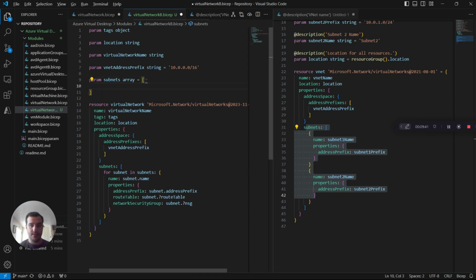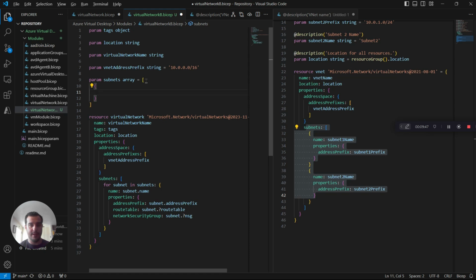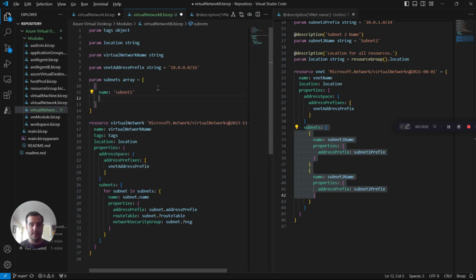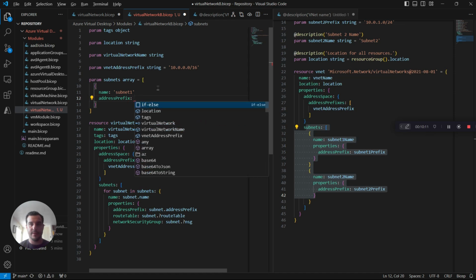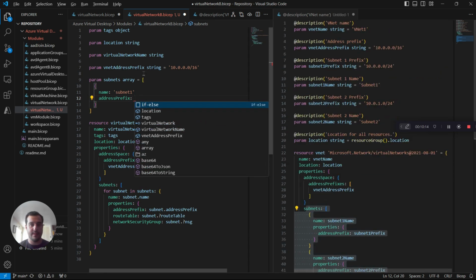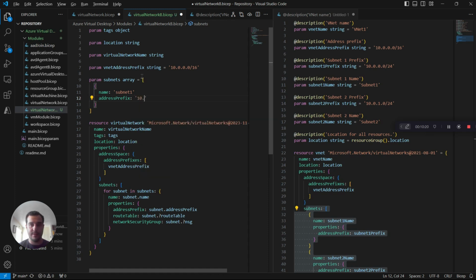We're going to put, and then it's going to be an array of objects, meaning that each item is going to have multiple properties within it, which is how we're going to get these different objects. So, for example, we're going to get name, and let's just do something simple like subnet1. And then the address prefix is going to be, let's just take this as an example, and it's a string, so 10.0.0.0/24,